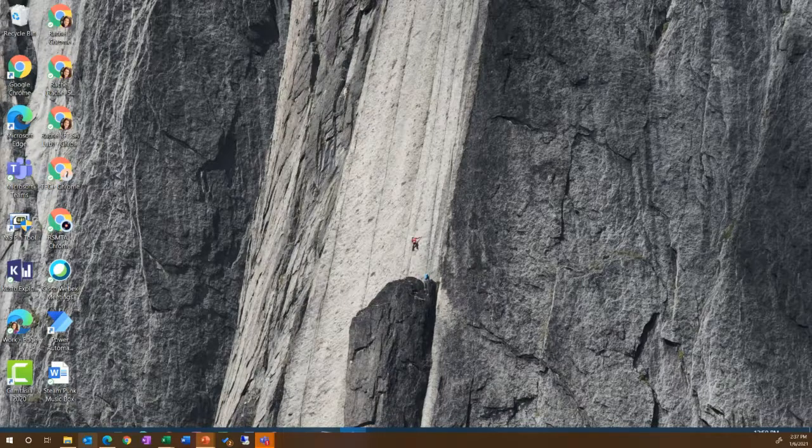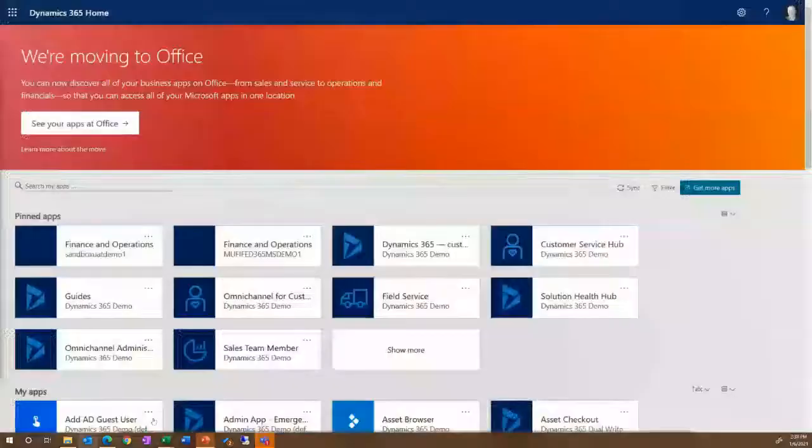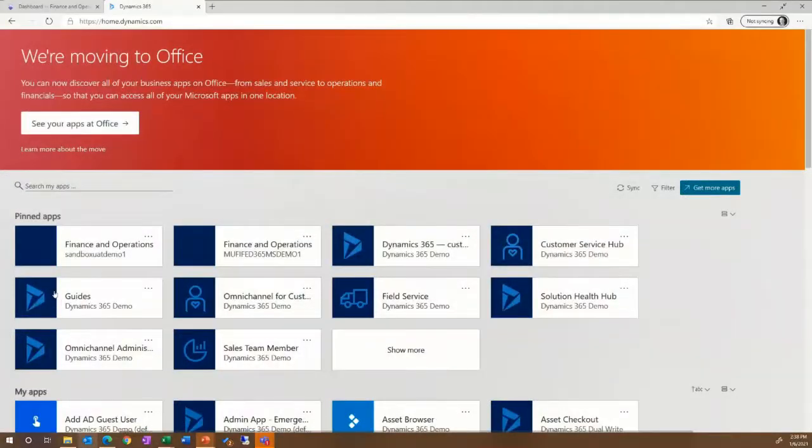The experience is very similar even if you're not using Microsoft Teams. You can use it on your mobile device as well, or you can do it directly from the model-driven app for Dynamics 365 Remote Assist. Before we move on, although we're not really talking about licensing, the important thing is that only the person who requires the assistance needs to have a license for Remote Assist. As Rachel said, she didn't have to have any other license other than Teams.